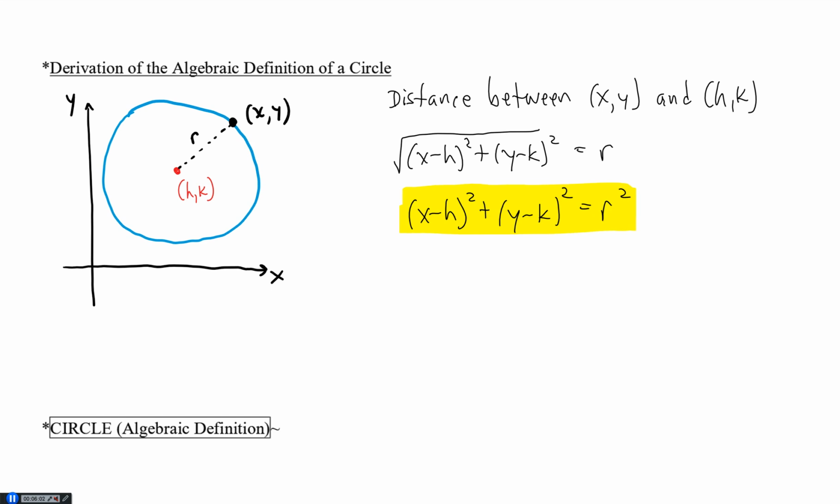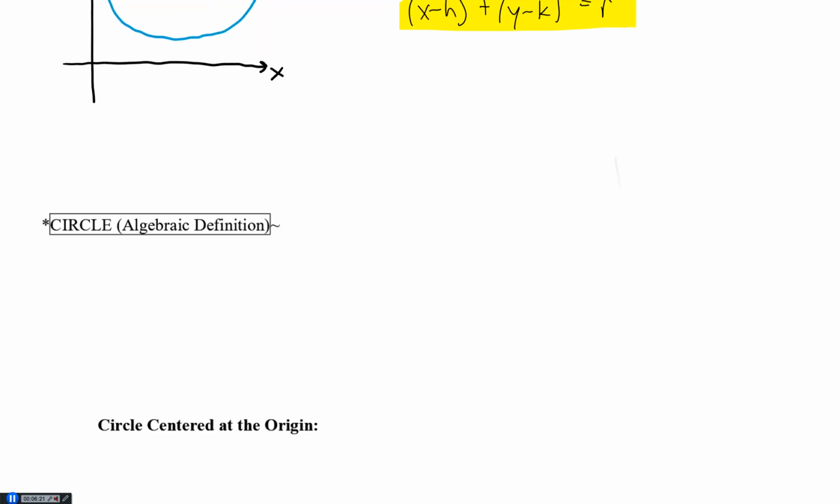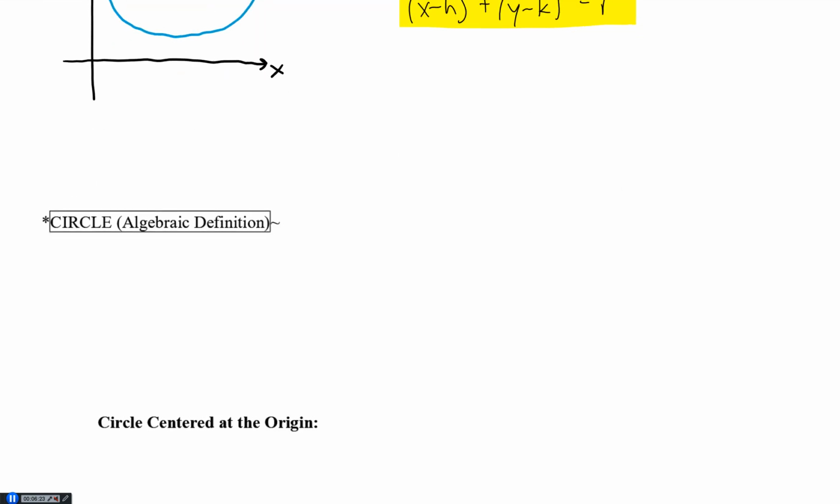So that's our algebraic definition for a circle. It doesn't rely on geometry, it just relies on the coordinate plane. You just need to know the center and the length of the radius. You can dump it in and you get an equation or a relation for all the points on that particular circle. So our algebraic definition